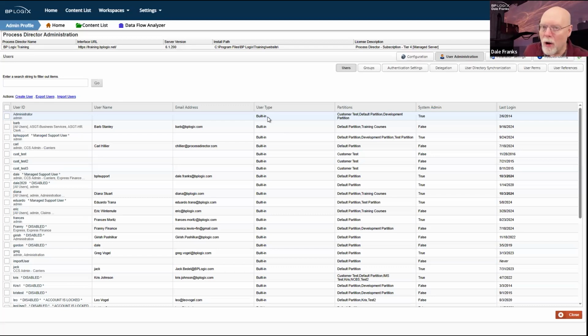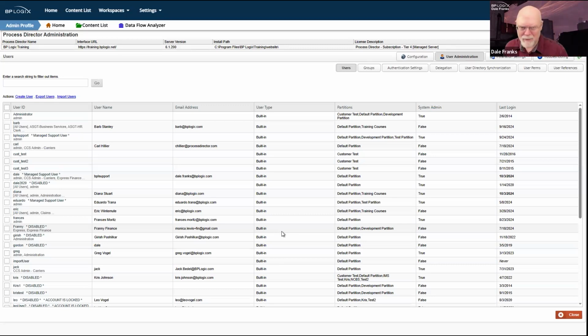Both SAML and Active Directory are easier methods of managing users, especially if you have a large user community, versus creating accounts manually via built-in accounts. You could certainly do that, but it would be a super pain to have to manage those users. The nice thing about Active Directory especially is if you disable a user in Active Directory or pull them out of a group membership or whatever else it may be, or you just delete them from Active Directory.